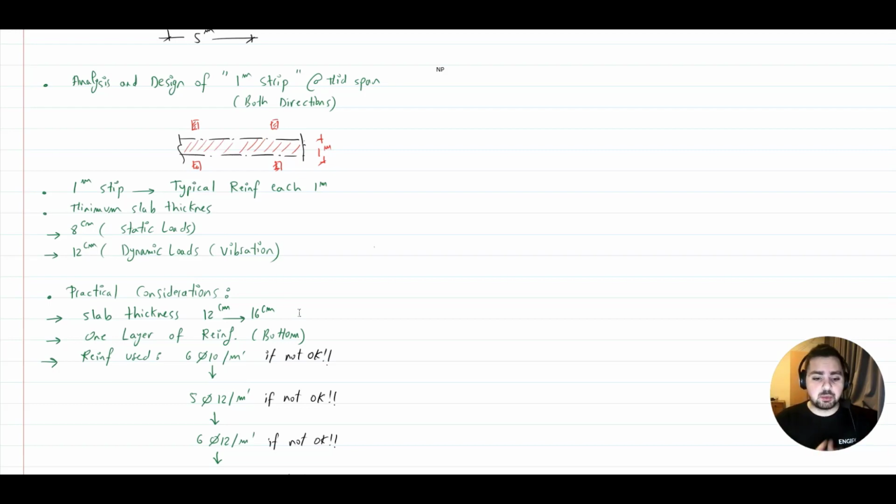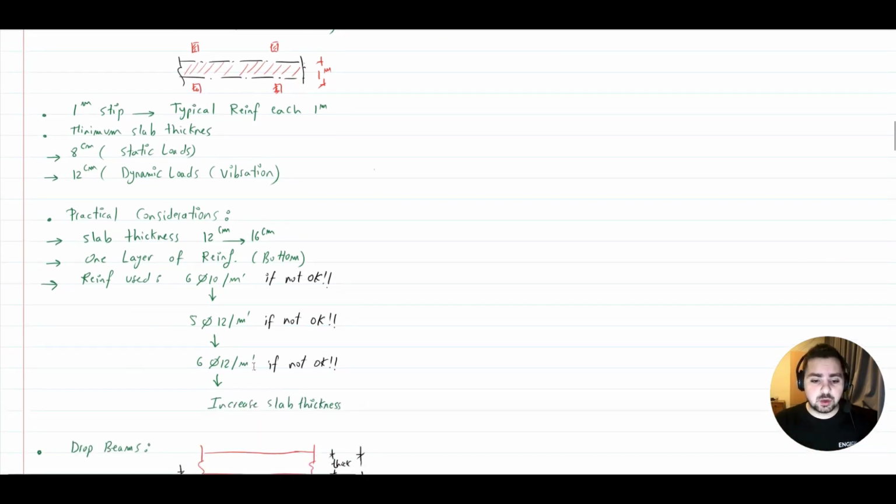If it's not, then we move on to a 6 phi 12 bar. If it's not okay, we go back to our slab thickness. We increase our slab thickness from 12 to 14 centimeters, and we repeat our steps. So this is basically the steps we are going to follow, and you are going to understand it much more when we actually start